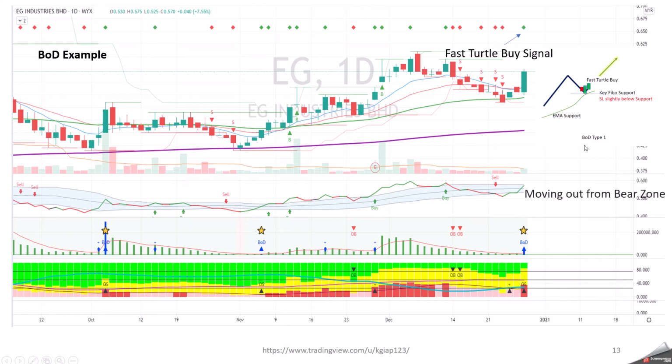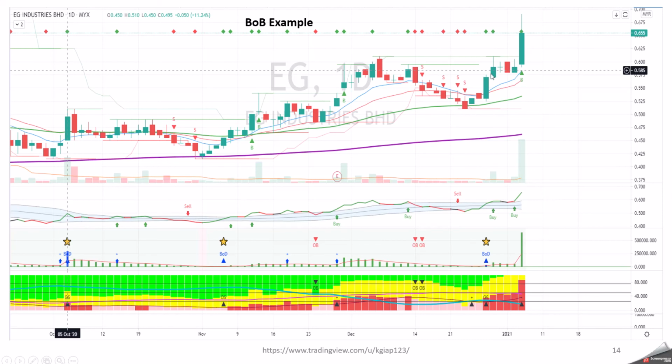This is a BOB 1. Moving out from the bear zone, you start from a bear zone and then it's starting to go into the river and appears like it wants to cross. But this is not important. ATOM is not important for these strategies. But the next two are very important. It's a strong bull, and you look at the bankers percentage, it's 35%, which is okay, which is good. Okay, above 25 is good. So we buy this. Once we buy this here, and then it goes up,